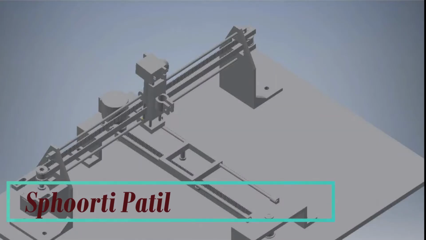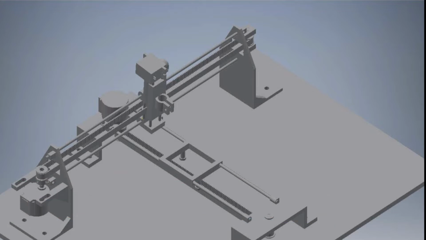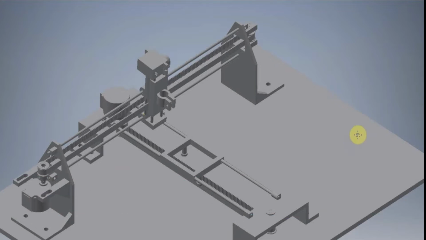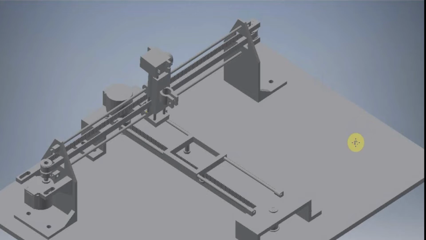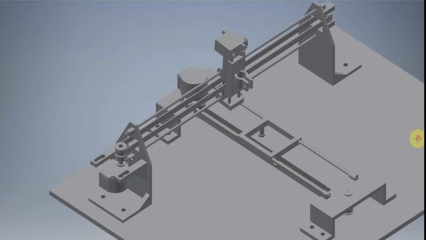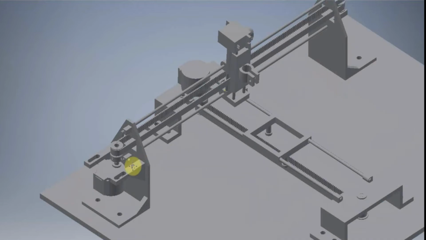I am Spurti. I am going to brief about virtual implementation using 3D modeling. This is the 3D model of our project. It indicates the motion control unit and the holding unit. The holding unit consists of X-axis clamp 1,